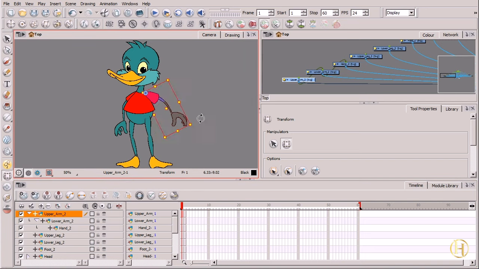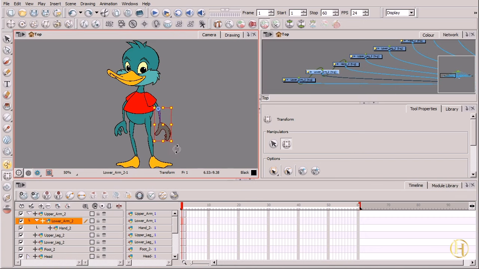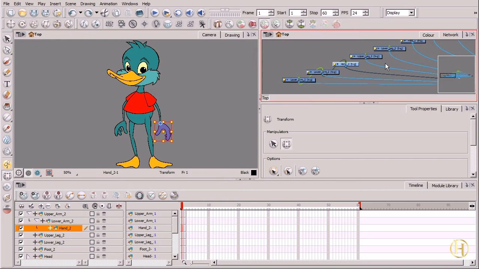So now we're able to move the entire arm together if we select upper arm 2, or we can just move the lower arm and the hand by selecting the lower arm 2 layer. And of course, you can still move the hand by itself. All right. So using the network view, that's just a different way that you can